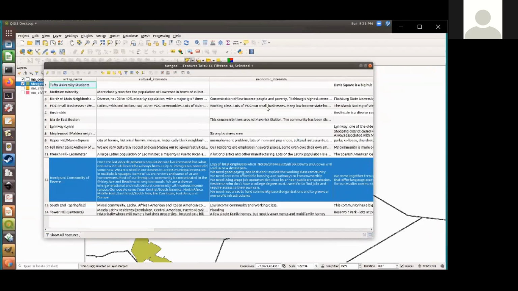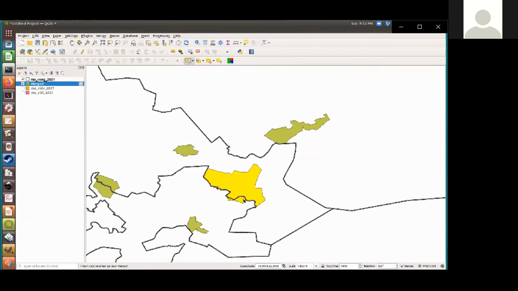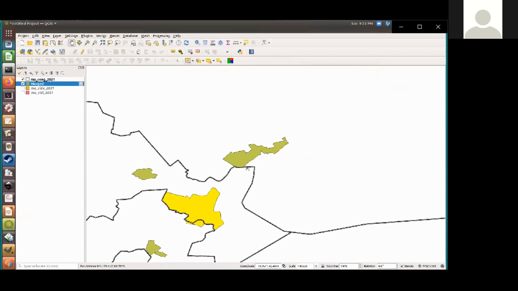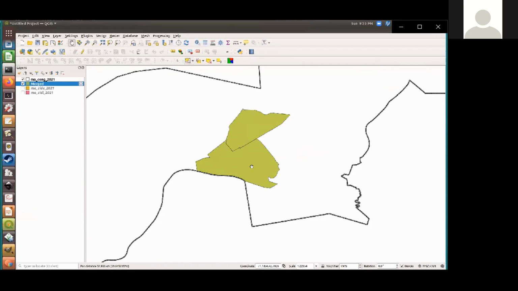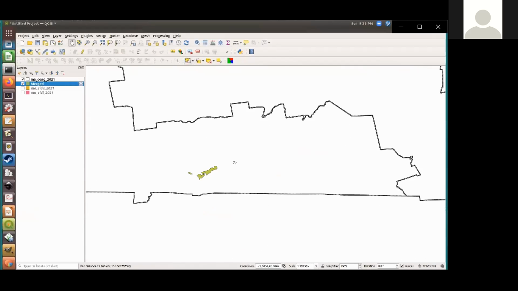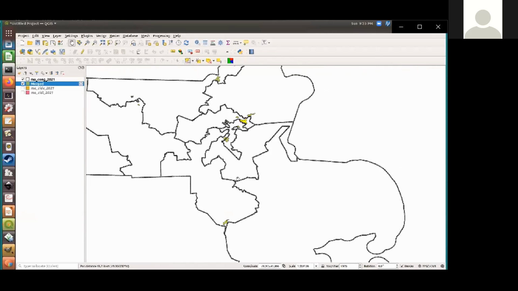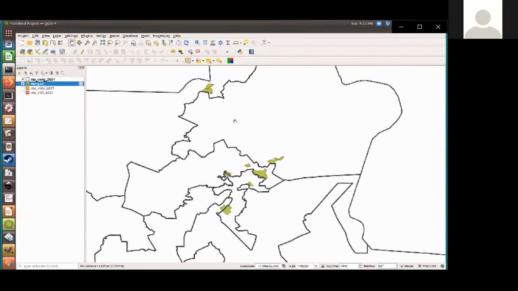And this has also clearly been split, although just at the bottom there. And so we're just eyeballing at this point, but it's very easy to see which communities of interest have been placed into different federal districts and which have not been split. Like these have not been split, these have not been split, but there are some here that have. So if you wanted to do this in a way that wasn't manual,